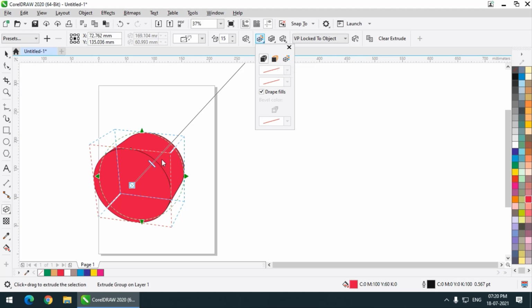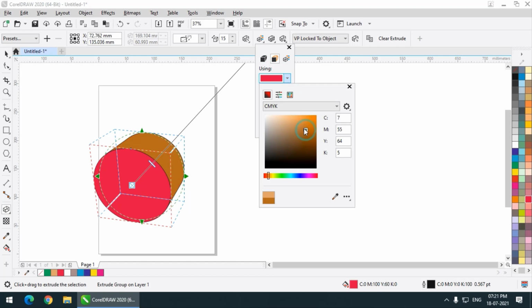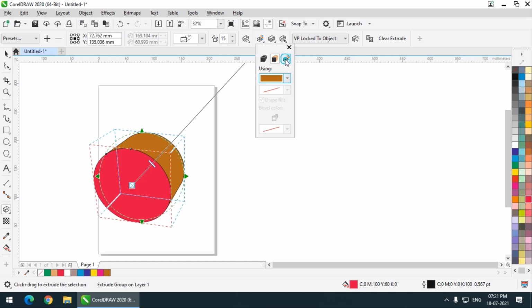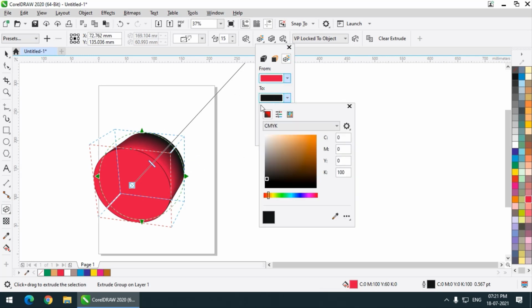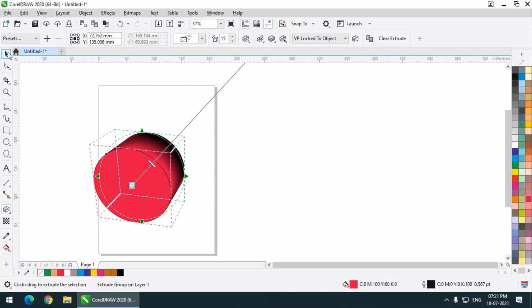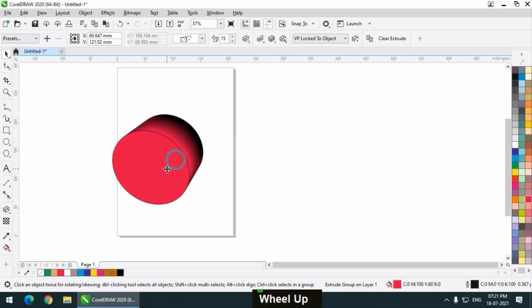Then we have some other options, and the most useful option is this coloring. Presently the 3D shadow color, or the depth color, and the object color are both the same. But if you want a different color for the shadow, you can choose this second option and change the shadow color like this. The third option is more realistic, if I may use that word, a realistic look for the object. And if you want to change the shadow color, you can, but presently I'm keeping it black so that it looks more realistic. So this is how it looks.